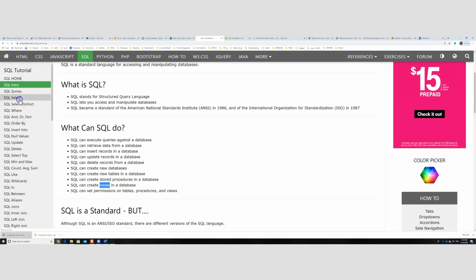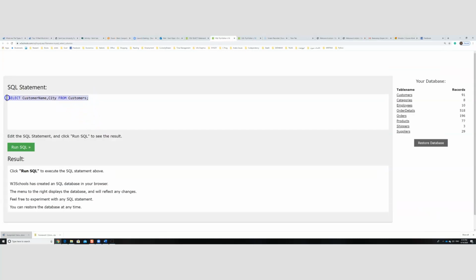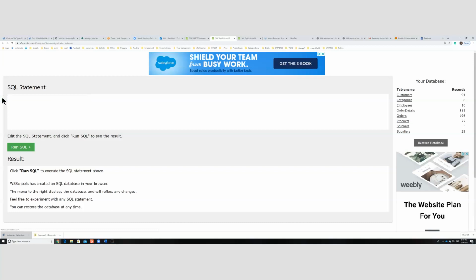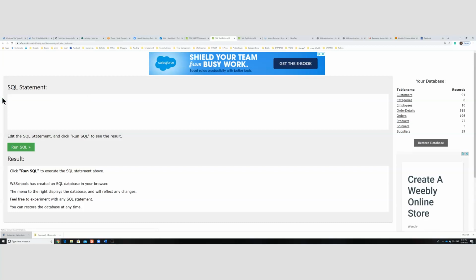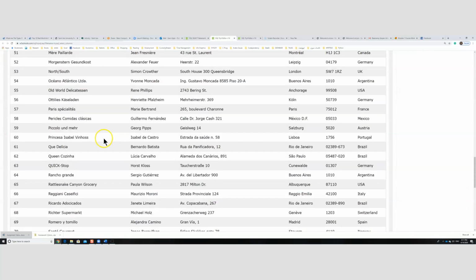Let's go ahead and run a query very quickly here. I wanted to try it in front of you to show you a simple example of a query. For example, I want to retrieve the data from a table called customers. So it's going to be using the SQL command select. Asterisk means everything, from the table customers. You click, and here we go. We see all these records here. We obtain 91 records